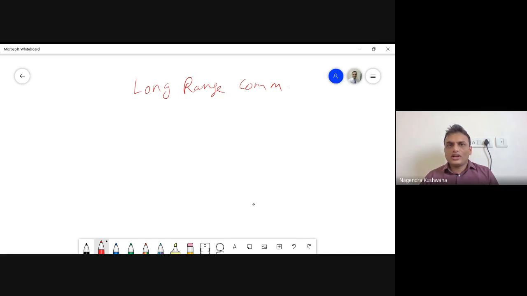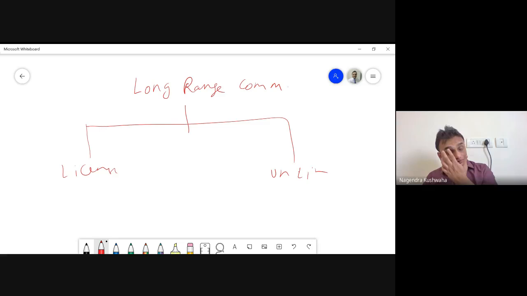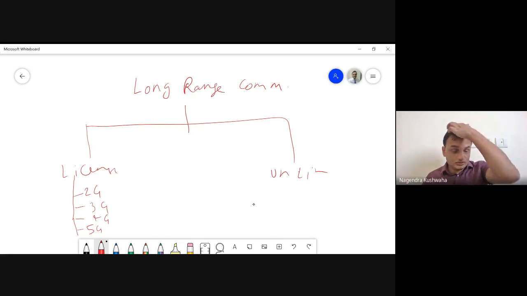So in long range communication for IoT, there are two divisions. One is the licensed spectrum, and another is unlicensed, right? In the licensed spectrum, we are all aware of 2G, 3G, 4G, and of course we're going to talk about 5G itself. In the unlicensed for IoT, there are